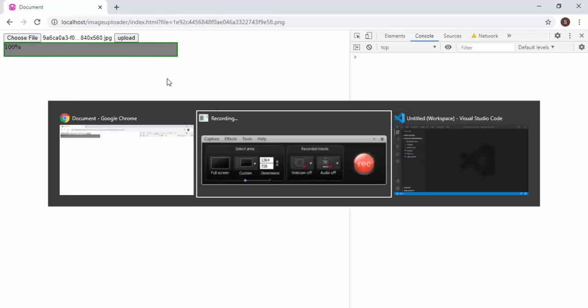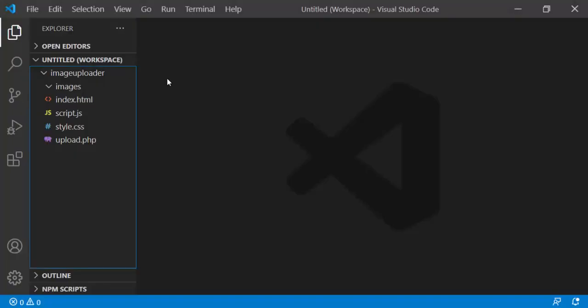So let's create a div, but before we start writing code,